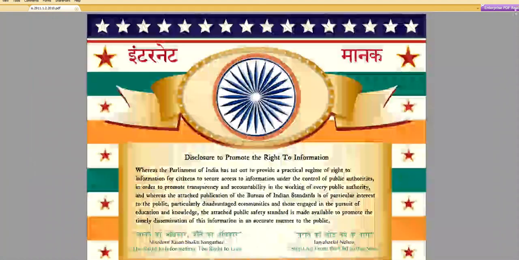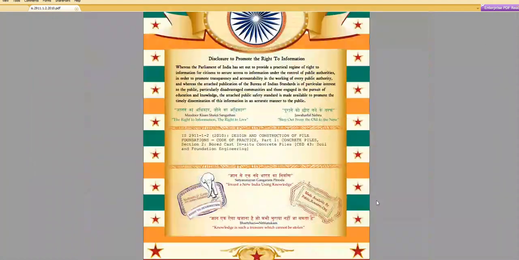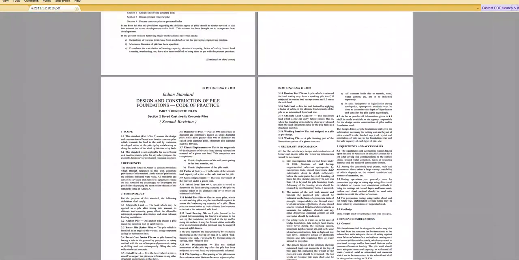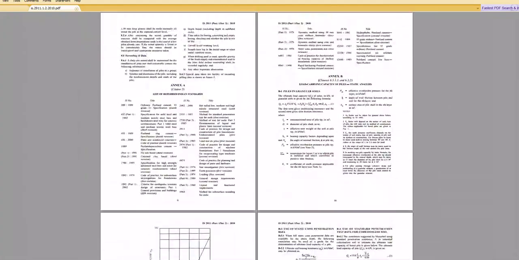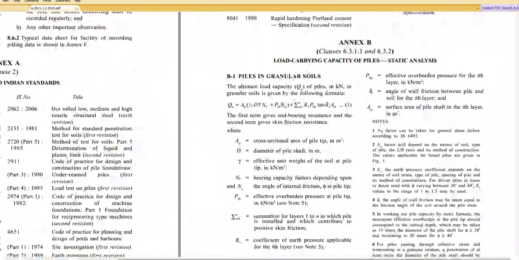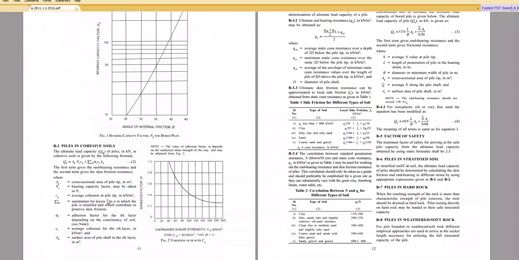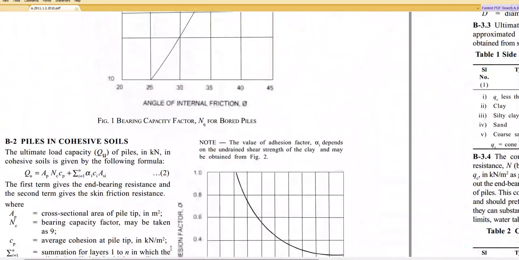Yeah, this is our IS 2911 Part 1 Section 2. This code, we have already seen the main body of the code, right? Then we have seen Part 1, what the Annexure B is all about. This is Annexure B. In this we have load carrying capacity of the piles, static analysis, in the granular soils, means sandy soils. So we have this formula for sandy soils, and for piles in cohesive or clay soils we have this formula,